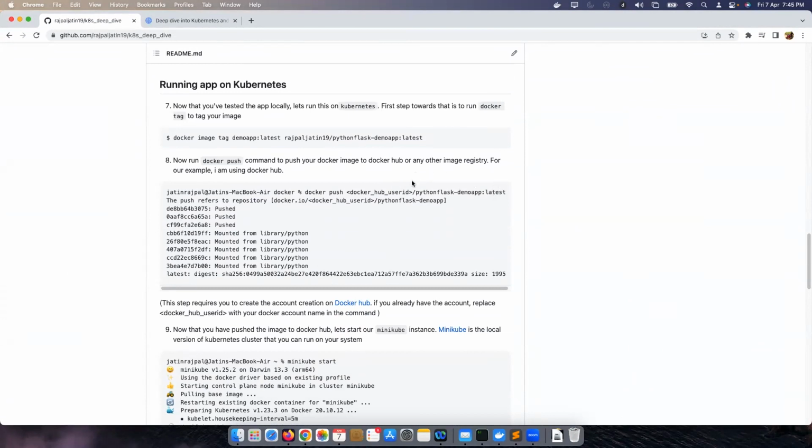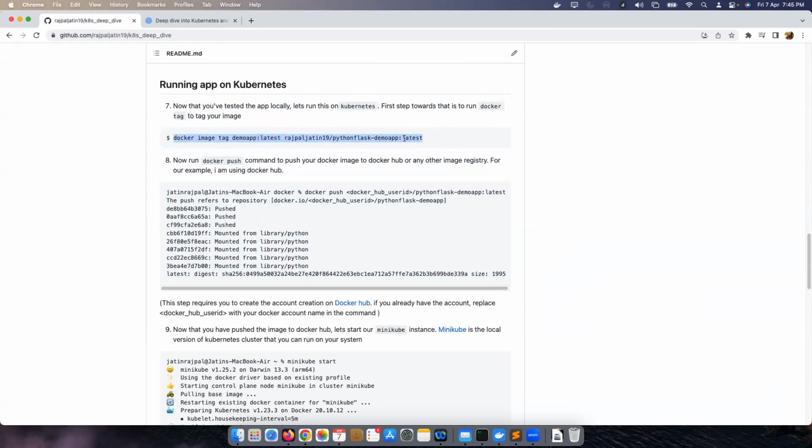The next two steps are really ones that I can't do, because the image is already there on my Artifactory or my Docker Hub. But this is essentially what you have to do. First you have to tag your image. After you tag, so how are you going to tag it? It's the docker image tag command, and then you have to tell it the name of your image and what name you want to push your image under.